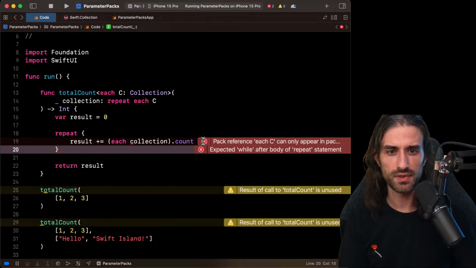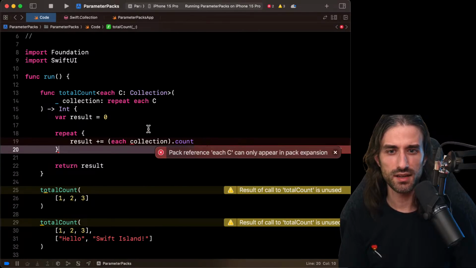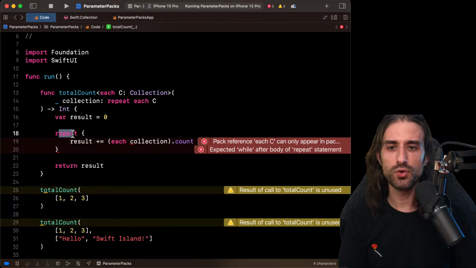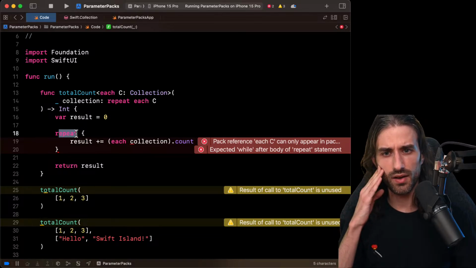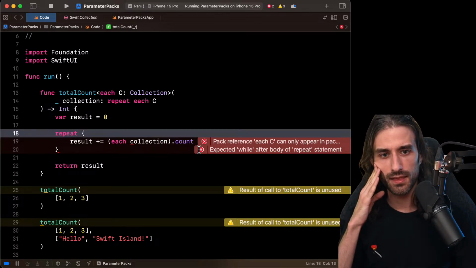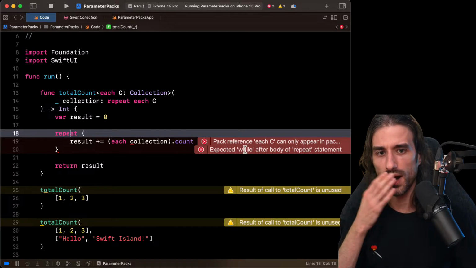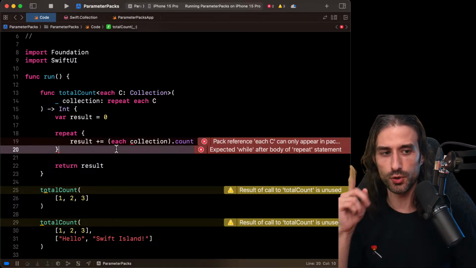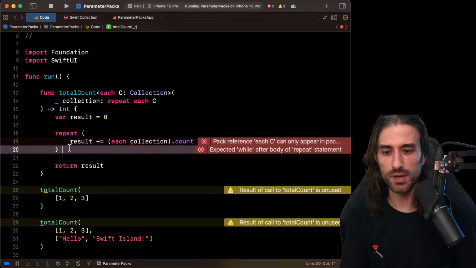And so here it says, and that's the issue I had, when you do repeat like this, I think you have a syntax in Swift where you do repeat and while. Like in some languages you have the do while, and you can do repeat while.